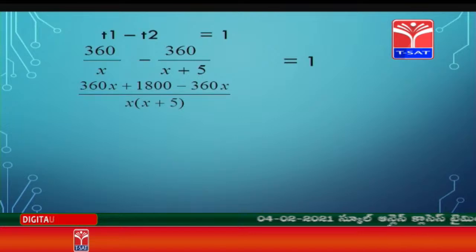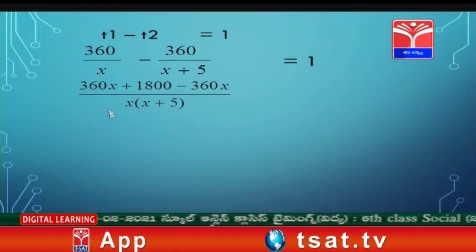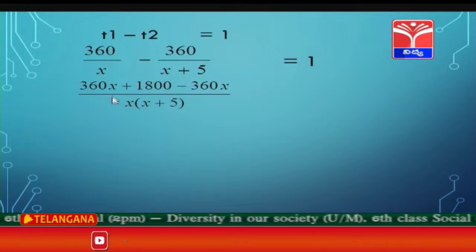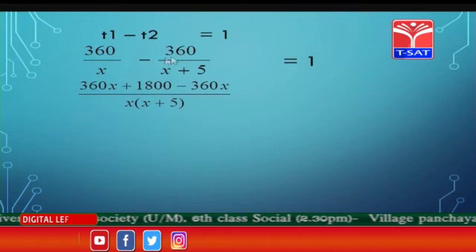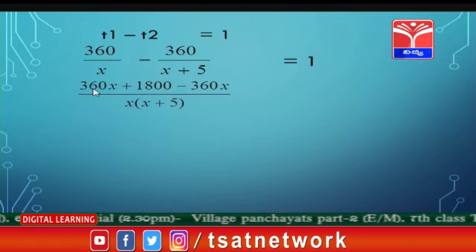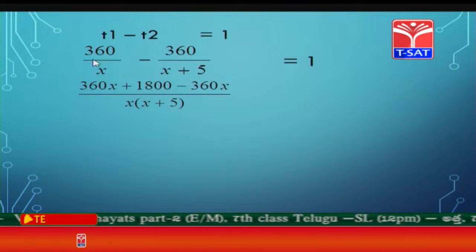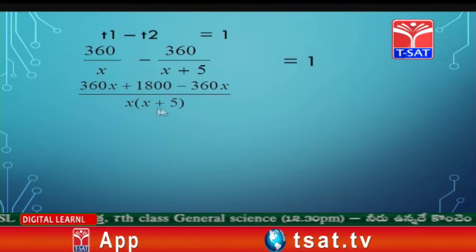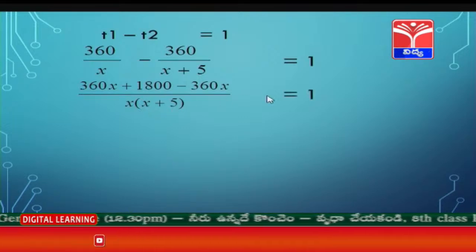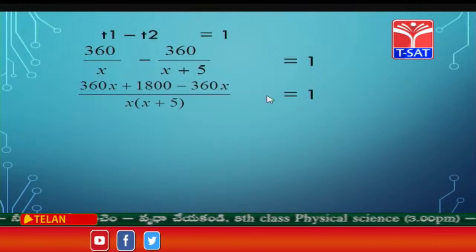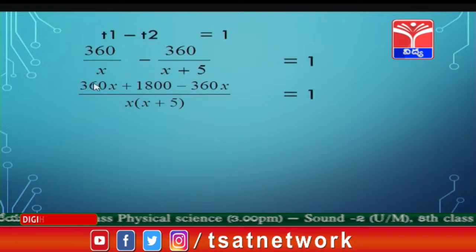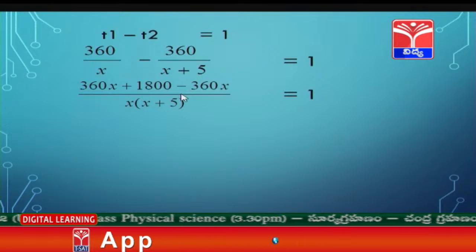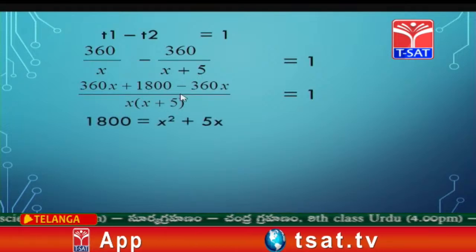When we take LCM, we get 360x plus 1800 minus 360x by x into x plus 5. Now, how did we get this? I am cross multiplying the terms. 360 into x plus 5 gives me 360x plus 1800 minus 360 into x, which is 360x, by x into x plus 5, which is x square plus 5x, but this is equal to 1. Now, when you look at the numerator part of the left hand side, we can see 360x and minus 360x are present there, which can be cancelled. So, I am left with only 1800